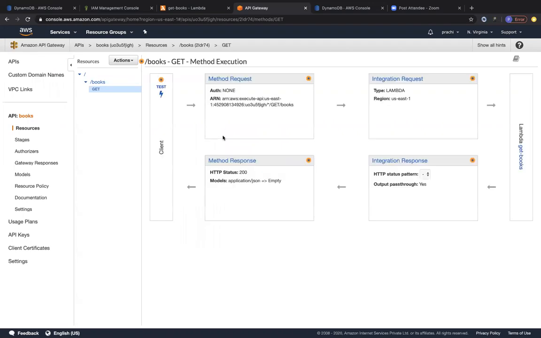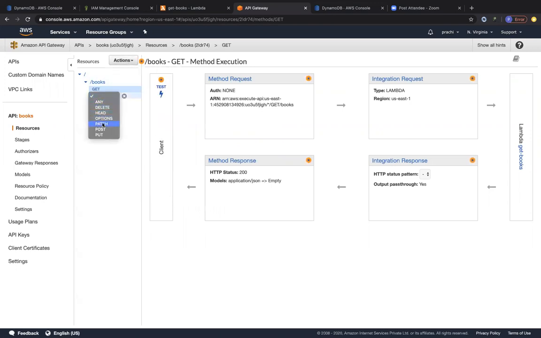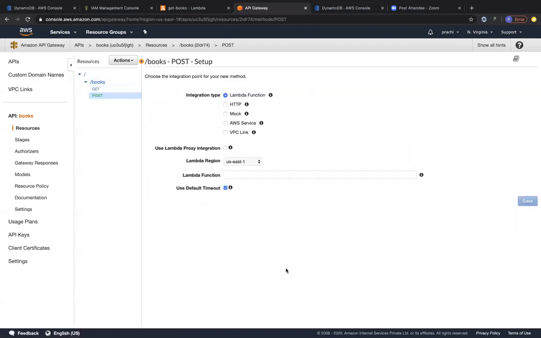So now when it has set up this integration, the next stuff that we are going to do is go ahead and create a post. So let's go ahead and create another method, and let's call this post. But this time for the post method, it's a little different than the get method because you're passing event details to the post method. So therefore, we are going to choose this to be a Lambda proxy integration because we are sending events to this particular API endpoint. And again, we are going to choose our Lambda function to be create book, right?